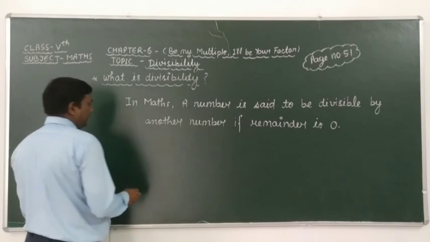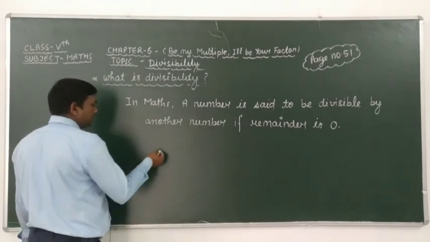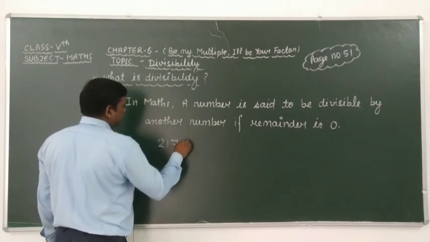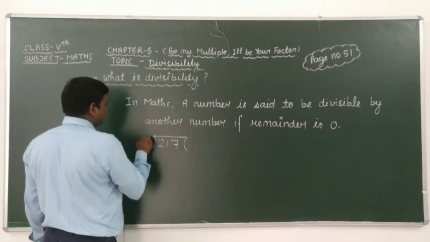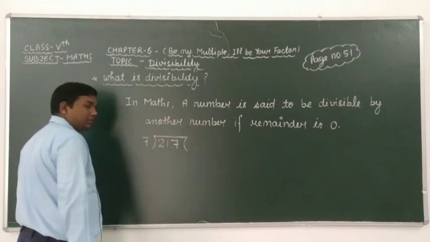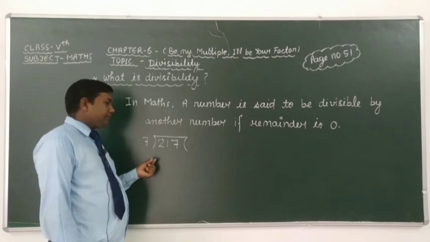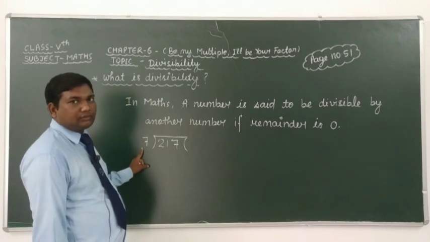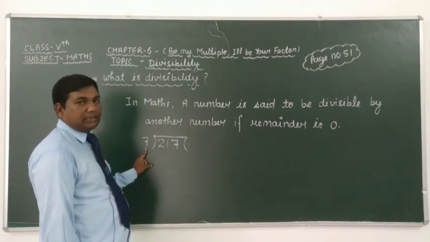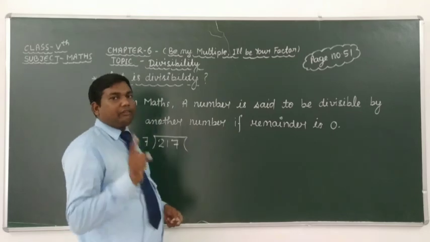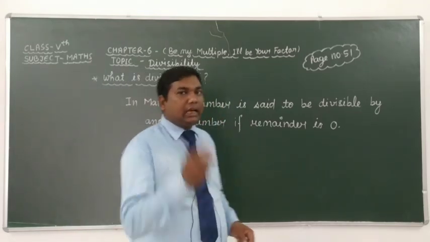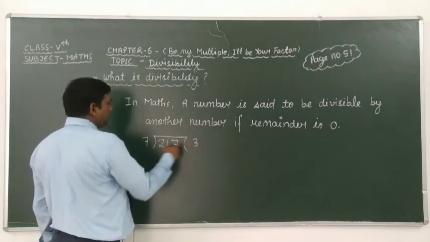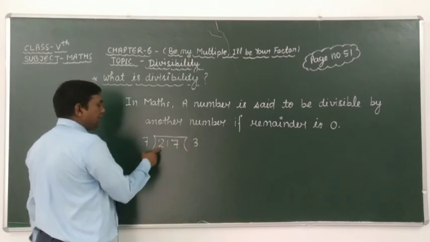In this case, look at here carefully. Here we have to take a division of 217 divided by 7. Okay, look, this one we know that 21 is divisible by 7. Yes, 21 is divisible by 7. Recall the table of 7. 7 1s are 7, 7 2s are 14 and 7 3s are 21. Okay students, it means that if we multiply 7 and 3, then we get 21.